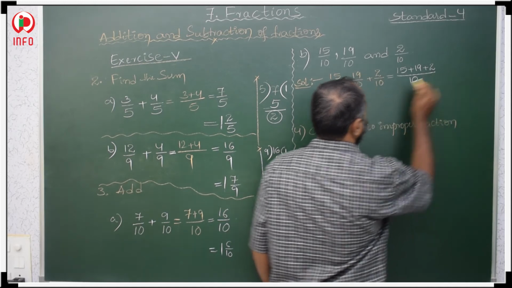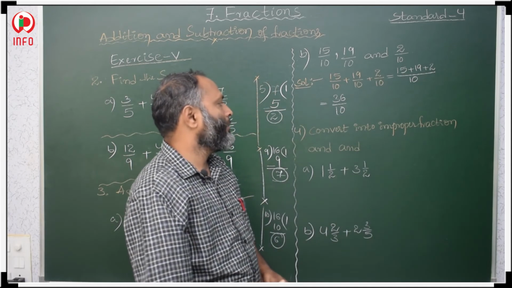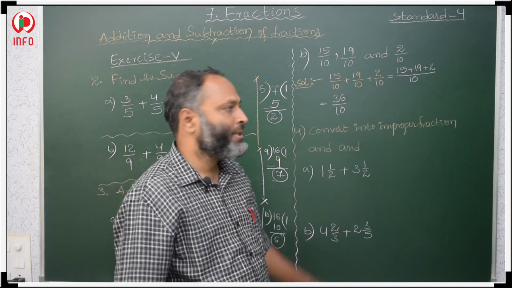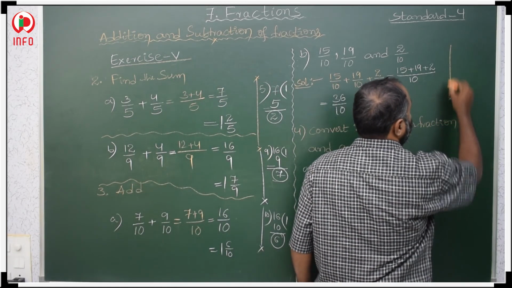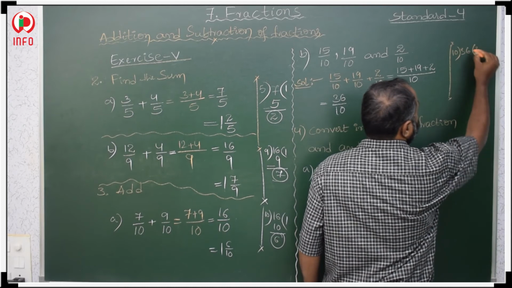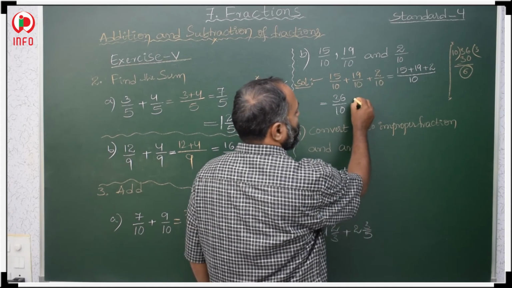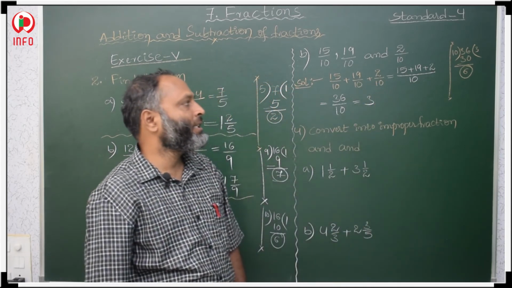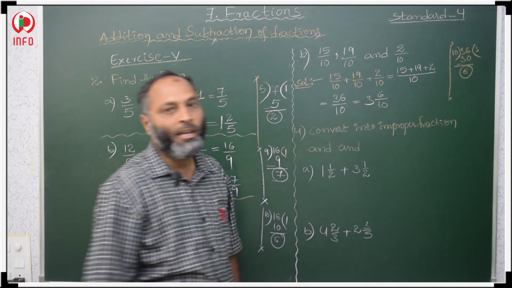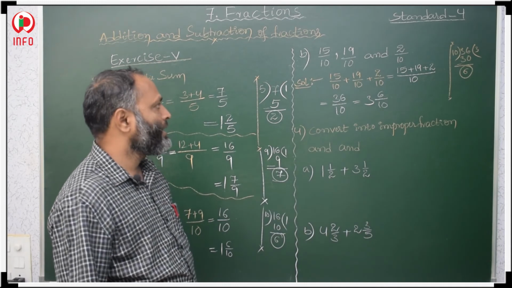36 by 10. Now here, it is an improper fraction. Then how to convert improper fraction into mixed? In the rough column, the denominator divides the numerator, 36. 10 3s are 30. The remainder is 6. That means first we have to take the quotient. The quotient is 3, and after that remainder by divisor, 6 by 10. Okay, this is our solution.